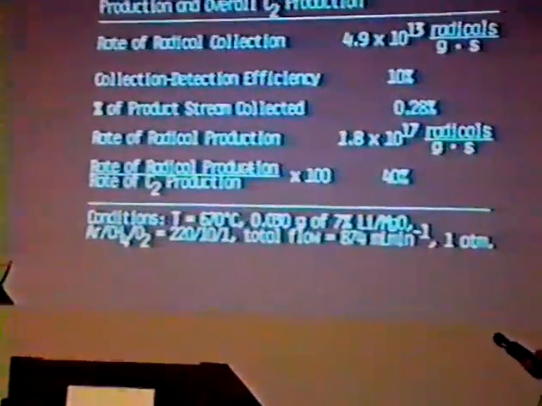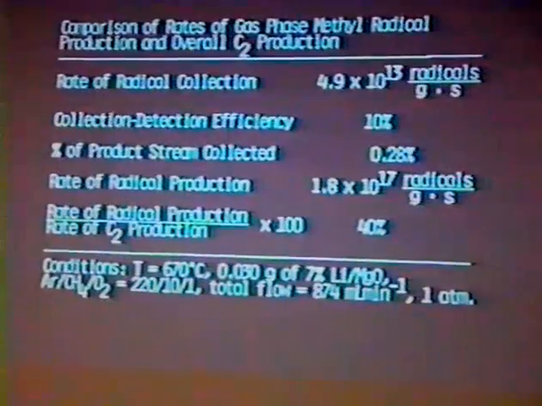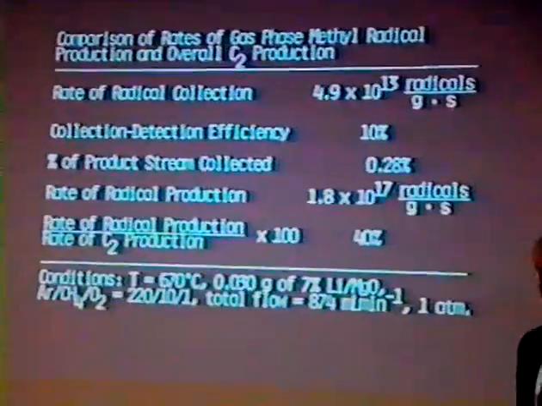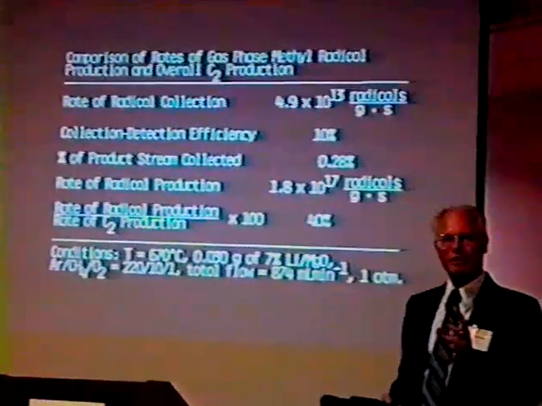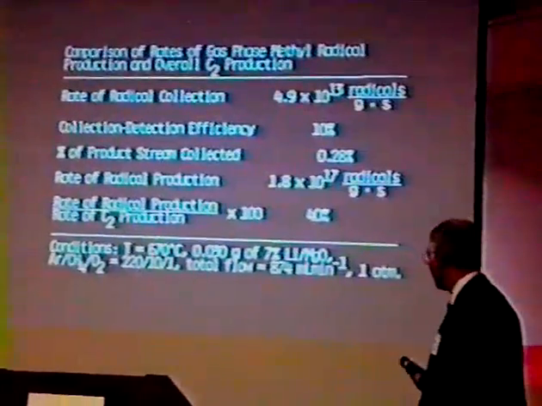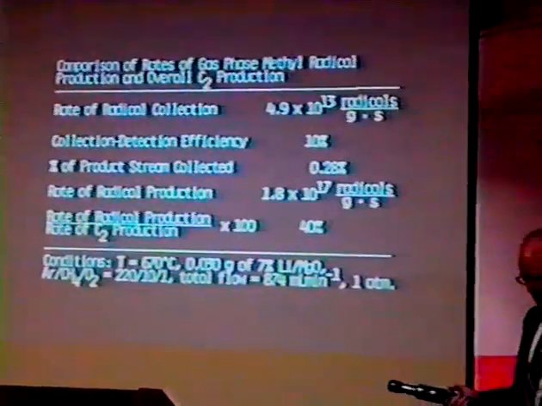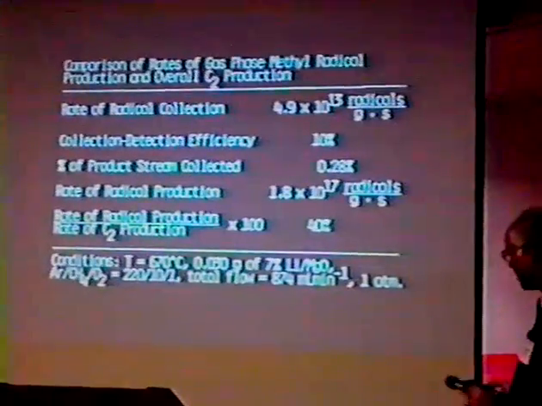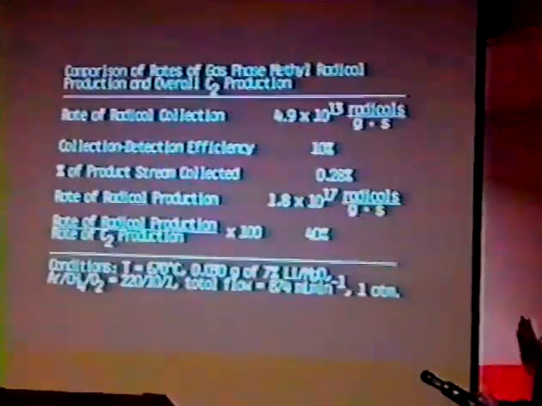And I'll just take you to the bottom line here, that the rate of radical production divided by the rate of C2 production from the methane times 100 gives us 40%. That means that 40% of the C2s which we observe in the particular system came about from the coupling of the gas phase methyl radicals. And I would place this as a lower limit, and I think the number is greater than the 40%. We have now done lanthanum oxide using a somewhat improved catalyst configuration, and have gotten this number up to something like 70%. We'll go to the next slide.